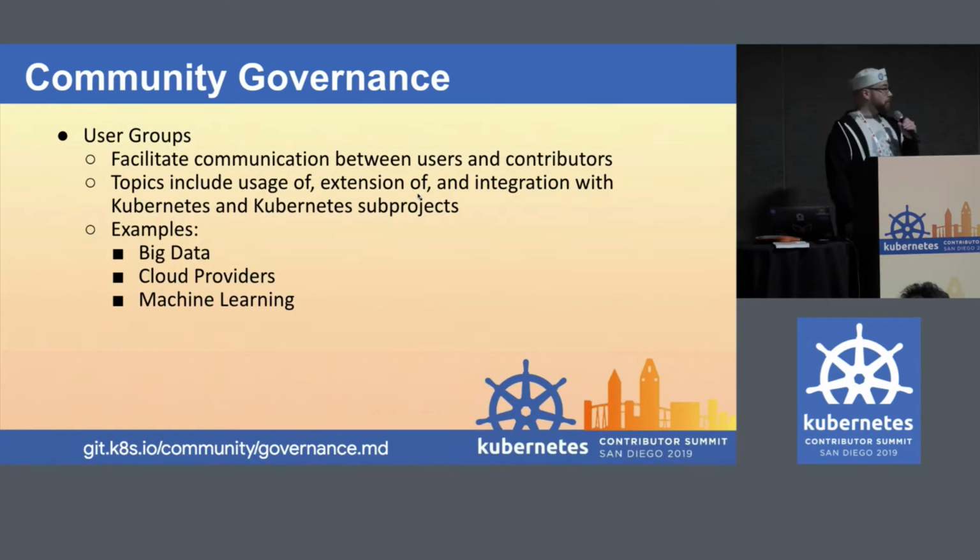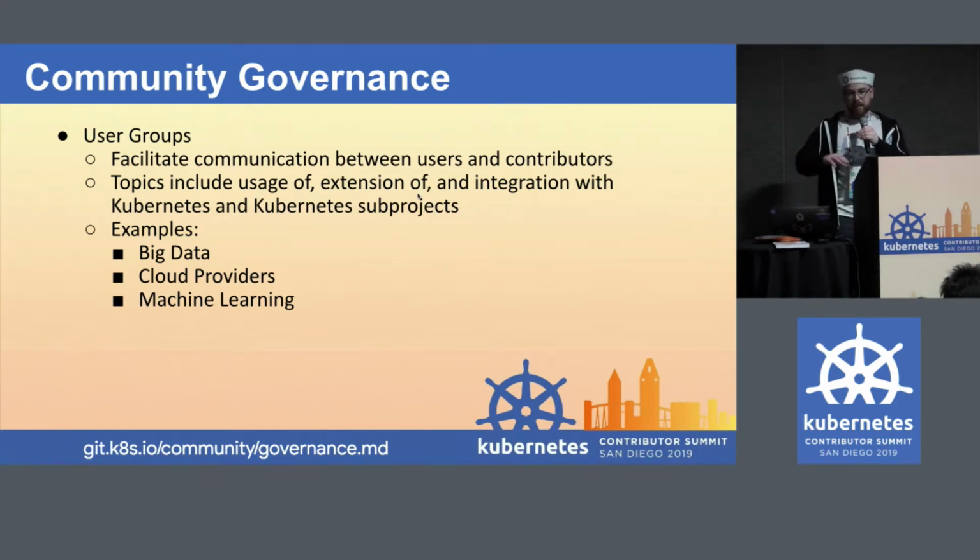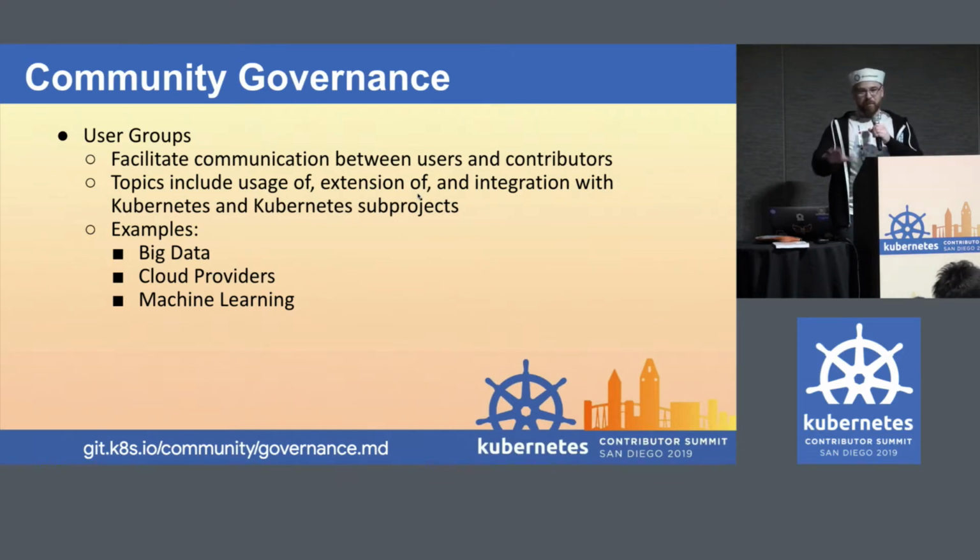User groups are pretty new. They only came about early this year. They provide a means for the end users to get together. The big thing is that they do not own any code whatsoever. If you have problems, you come together and bubble up the largest impacting ones, or if you want specific features, you can bubble up the most impactful ones, and then they can be brought up to the other groups to try and drive priority.